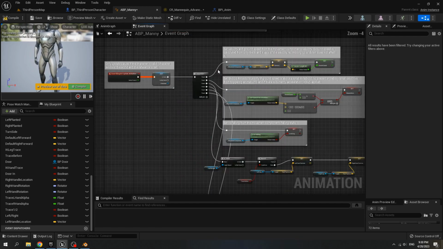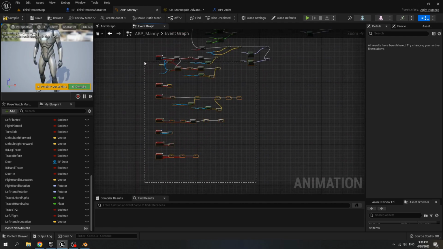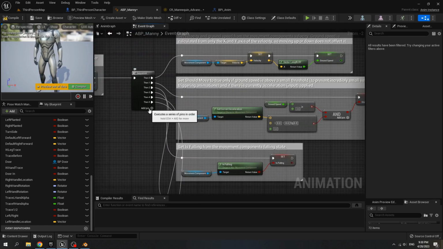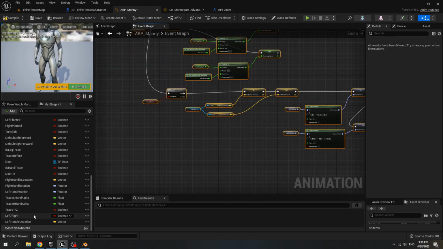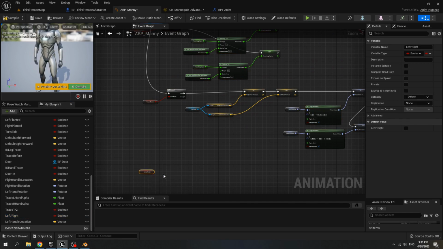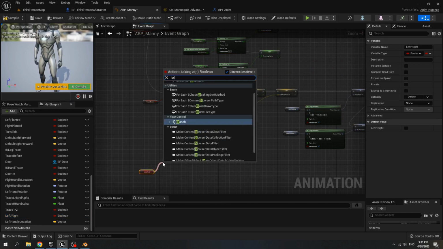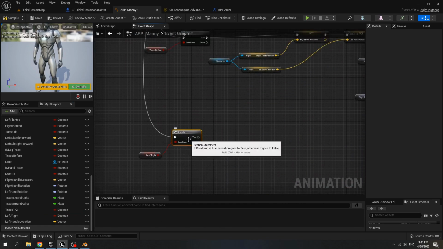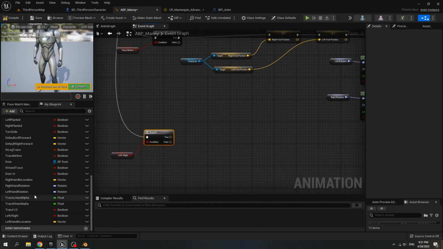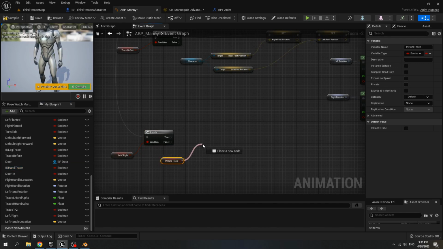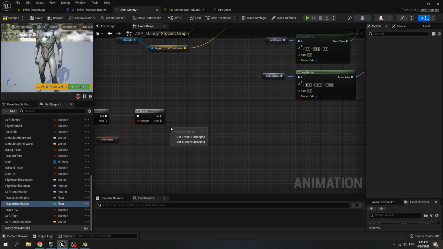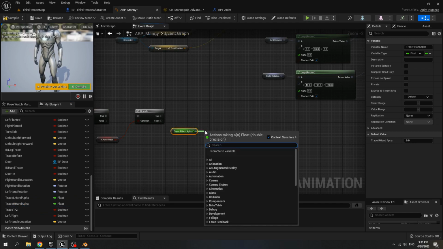Now for our sequence, we move this down a bit, and for our sequence add pin, get left right and create a branch. Connect the sequence to the branch. If it's true, we get IK hand trace and create a branch. Get trace R hand alpha and call F interp 2.